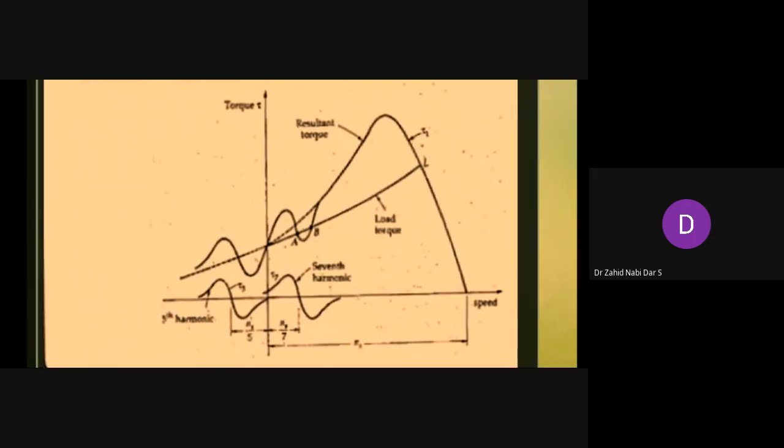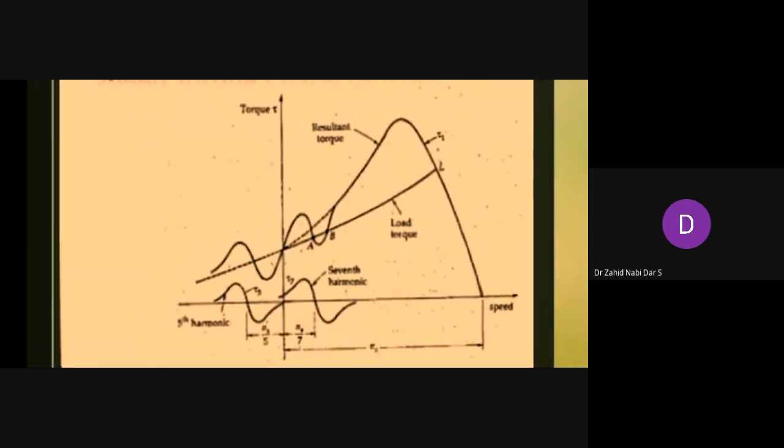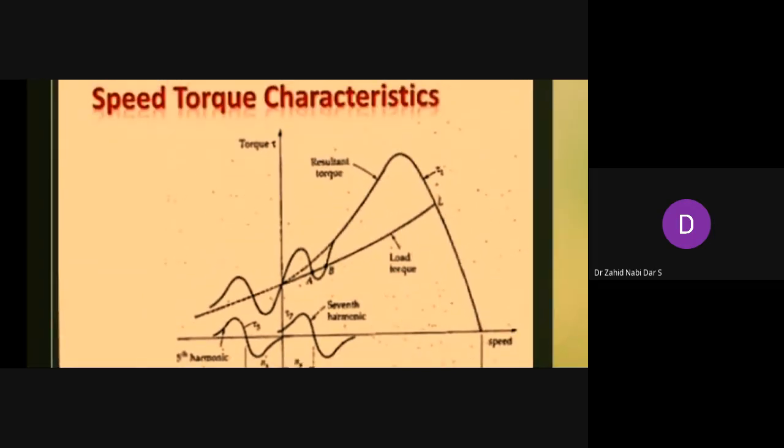Here we can see the points A and B, that's a load line. Below the load line, we are getting a torque. The motor torque falls below the load torque. At this stage, the motor will not accelerate to its normal speed. Means the motor will run at ns by 7 speed. We are not reaching here, we are not reaching here also. Here only the motor will run, that means ns by 7 only.